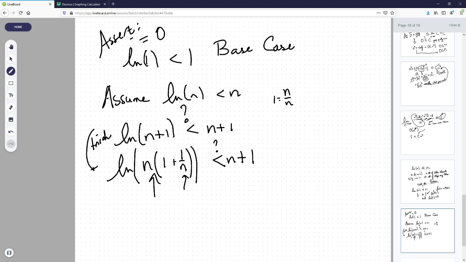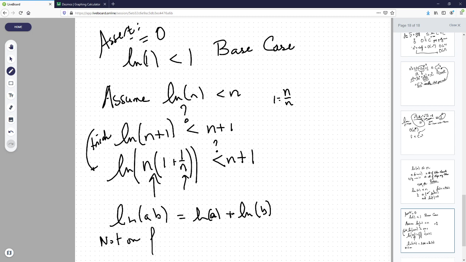And then what am I going to do? Well, I am going to apply a log rule. The log rule I'm going to apply is that the natural log of AB is equal to the natural log of A plus the natural log of B. Yep, you got to apply a log rule here. I'm sorry, guys. So let me just say this particular proof will not be on the final. I'm not going to make you stress out about log rules or anything. But this is just part of the proof, so I'll do it this way.